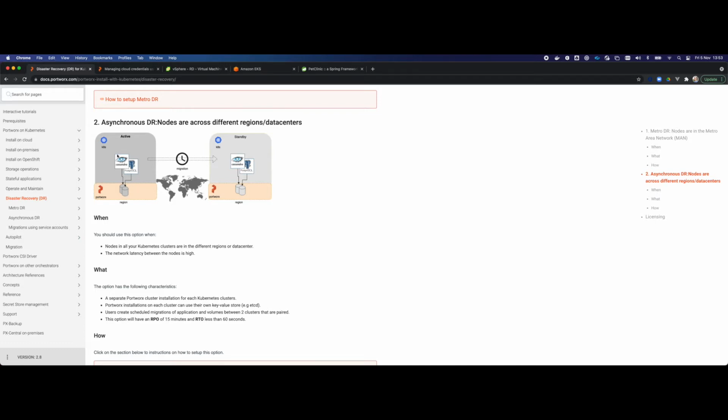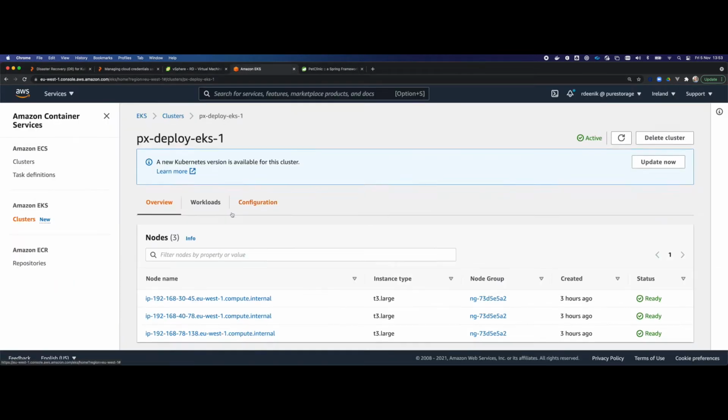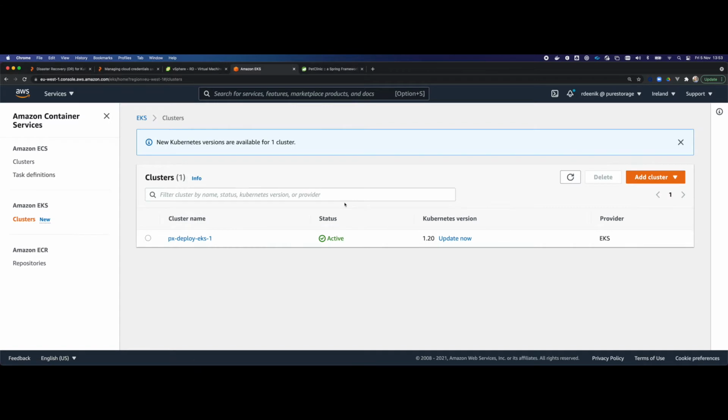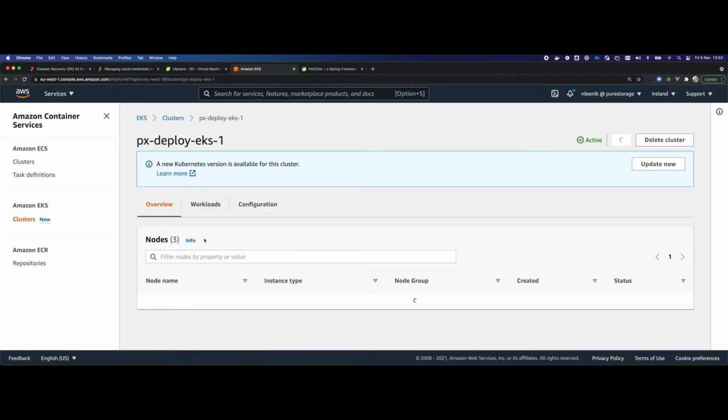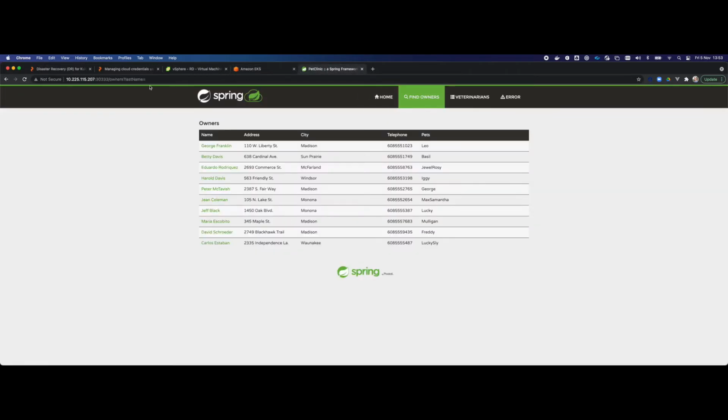Basically replicating an entire application from the source, which is my on-prem VMware environment, into the destination, which is my AWS EKS cluster. Quick run through the environment. This is my VMware environment where I basically have my master node and 3 worker nodes. This is my EKS cluster that's running in AWS where I'm replicating to. And finally, I've deployed a small pet clinic application, which from the IP address you can see is now running